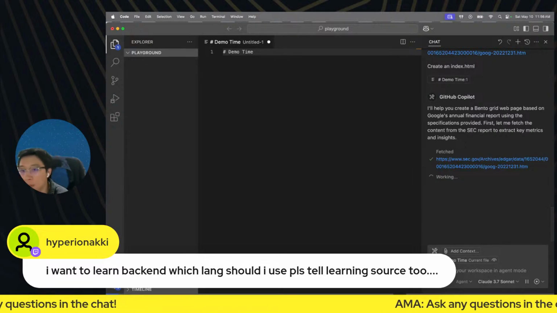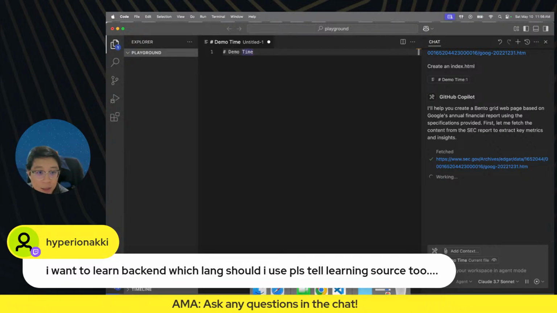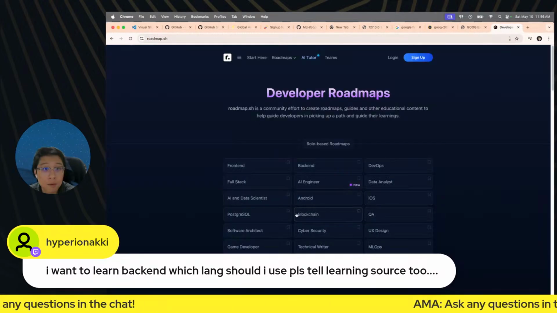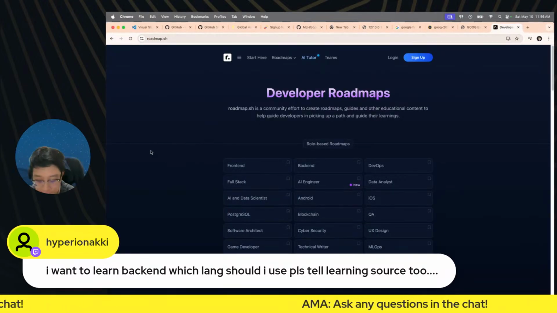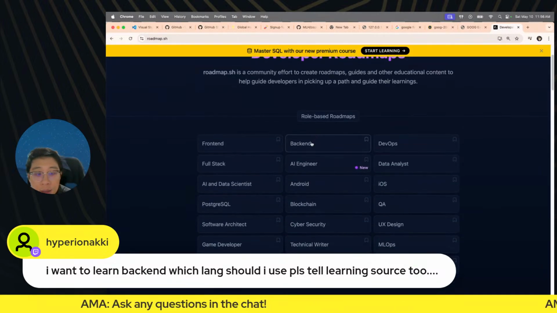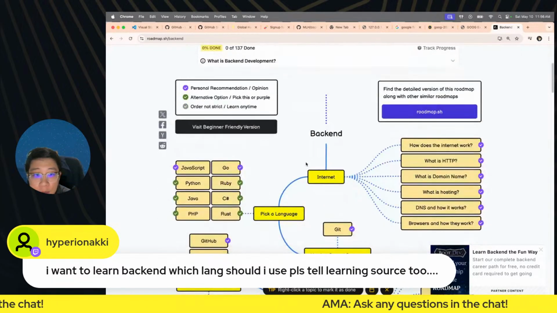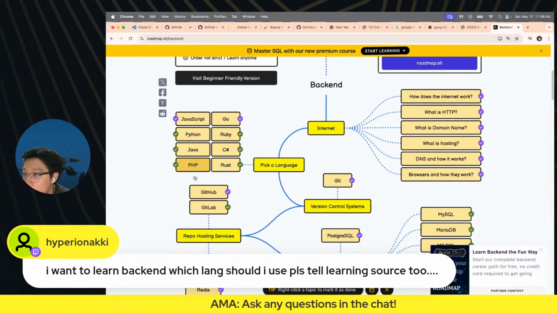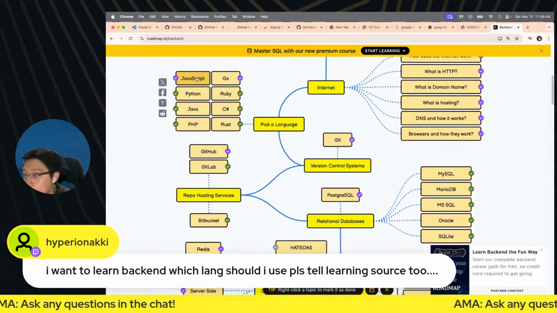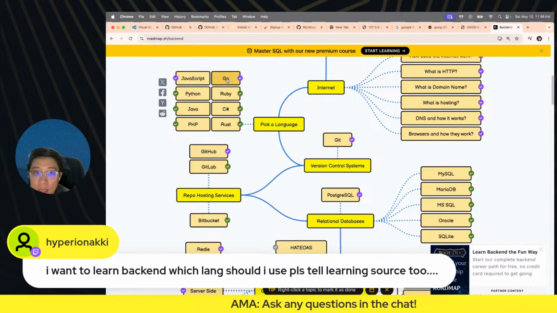All right, excellent. So someone asked, I want to learn backend, which language should I use? I want to show you this website, roadmap.sh. It has some amazing resources for developer roadmaps, and you can go to backend, how to become a backend engineer. So there are different languages that you can use. I'm a little bit biased. I like JavaScript, TypeScript, but you can use any of the languages that you're familiar with or you'd like.